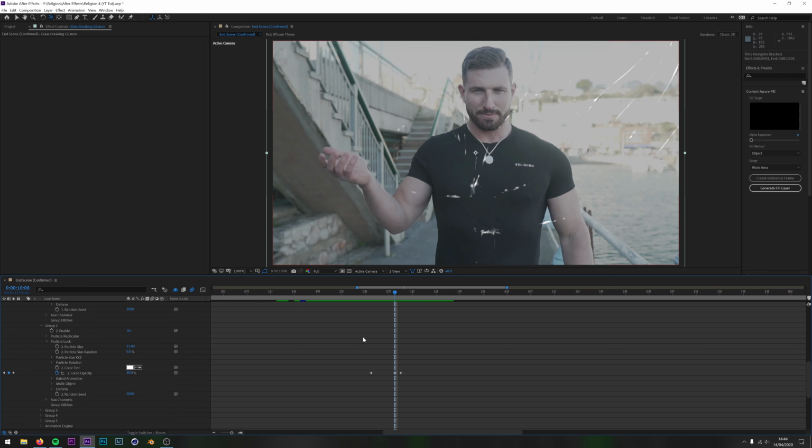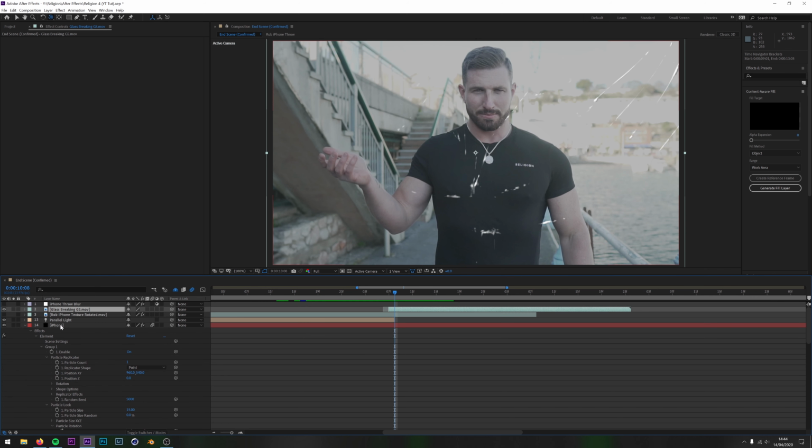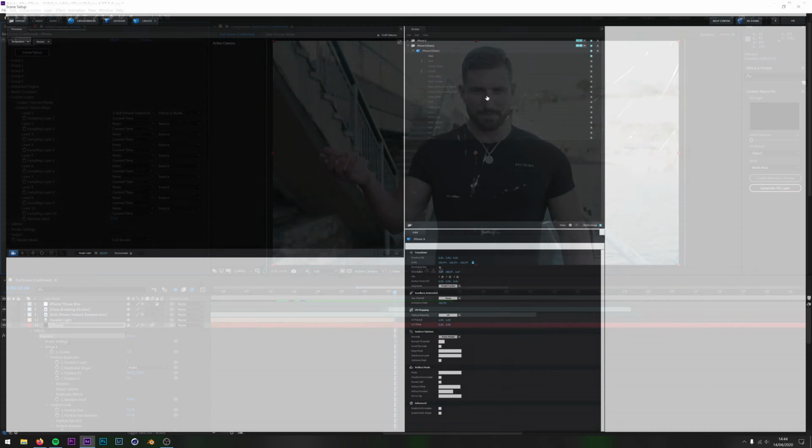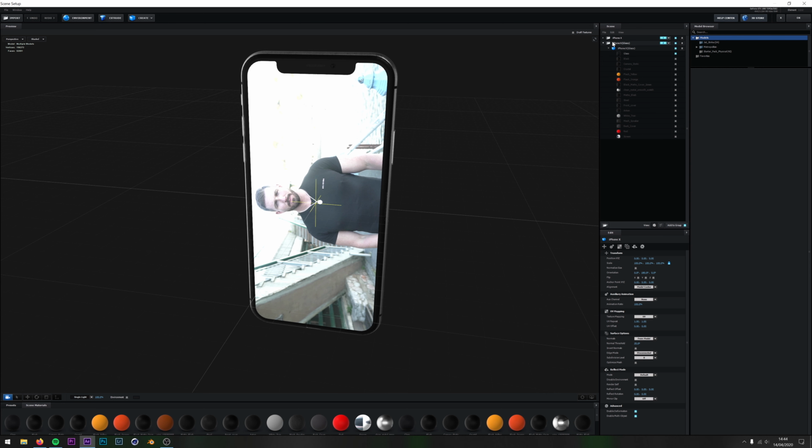So what I actually did is I separated the phone and the screen into 2 separate layers. As you can see up here, we've got the iPhone 10 and the iPhone 10 glass. This object has everything switched off but the glass, and this object has everything switched on but the glass.